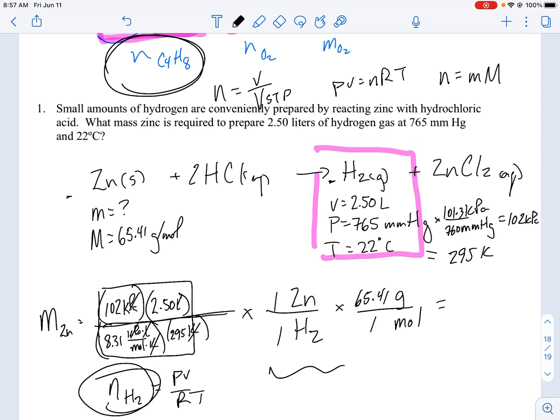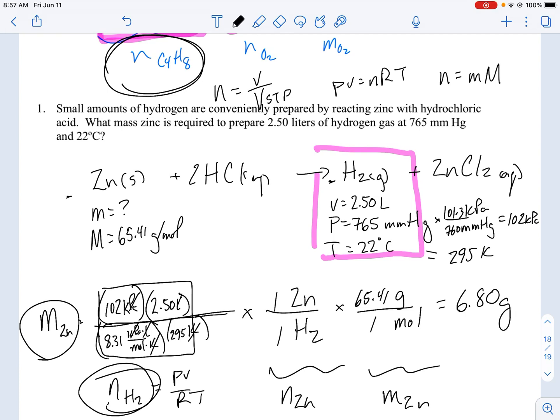So here I converted the hydrogen to the number of moles of zinc, and then that allows me to find the mass of zinc, which is what they asked me for. So I'm going to take my pressure times 2.5 divided by the denominator, and then I'm going to multiply by 1, divide by 1, and then multiply. I get 6.80